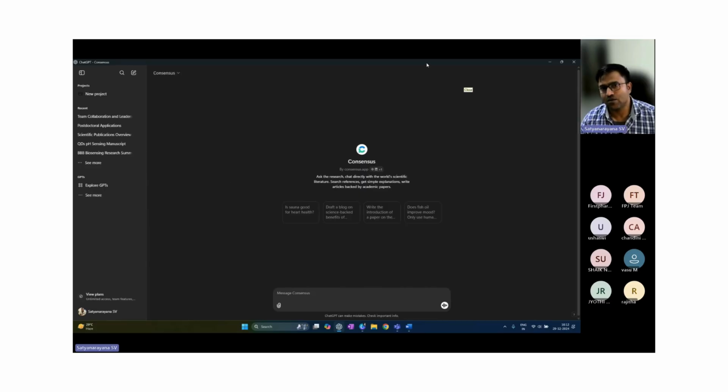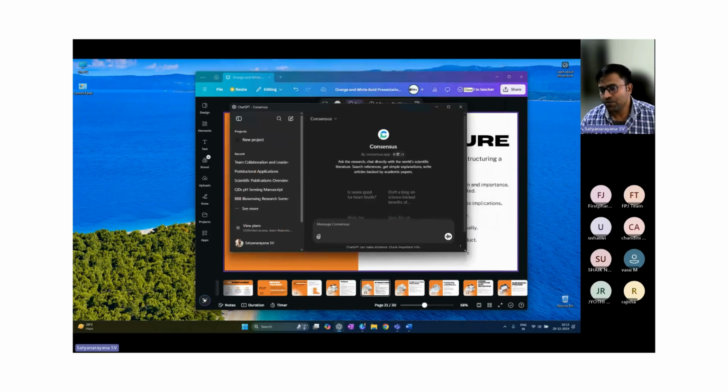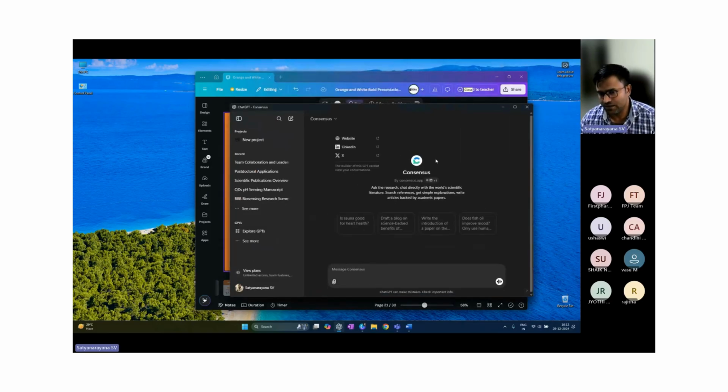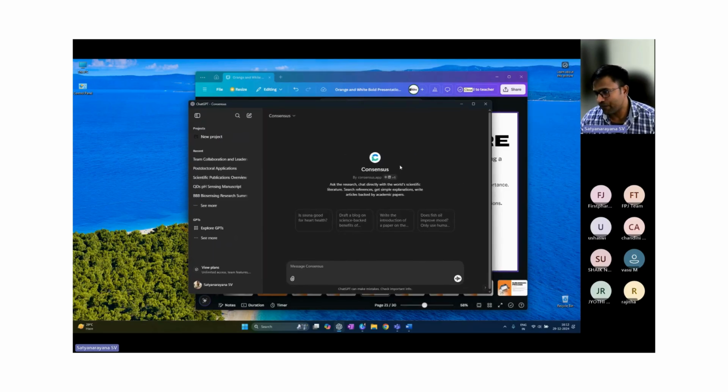My suggestion for those who are using ChatGPT, the paid version, is there is a GPT called Consensus. Those people using the paid version will get this Consensus app. In this Consensus app, what you need to do is just ask the AI, I would like to write a journal, or you must mention manuscript,